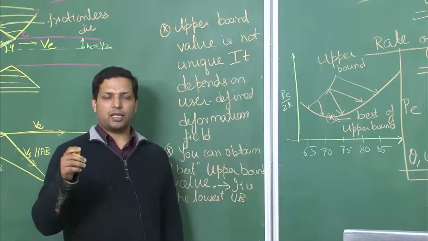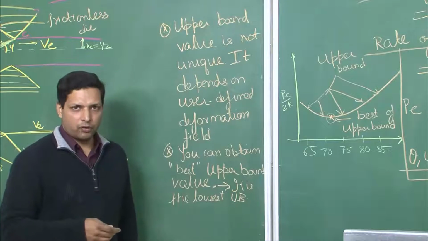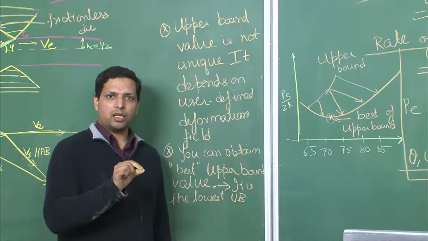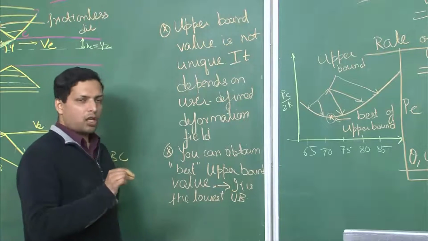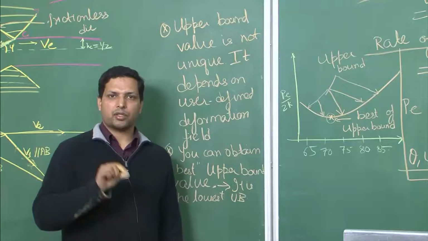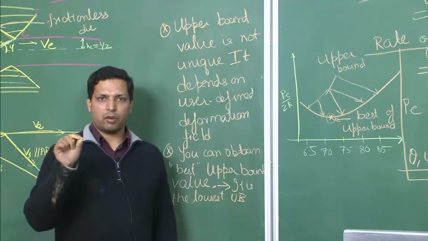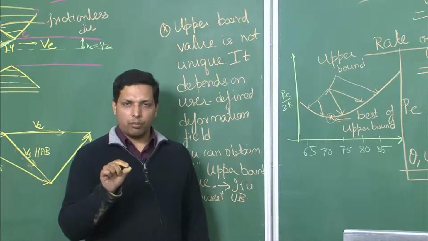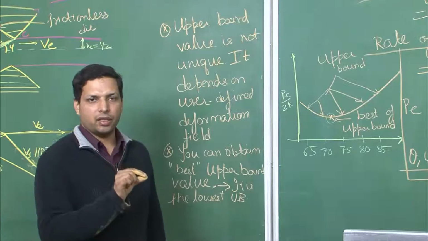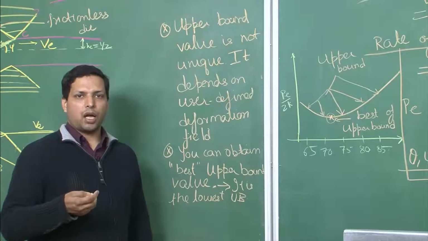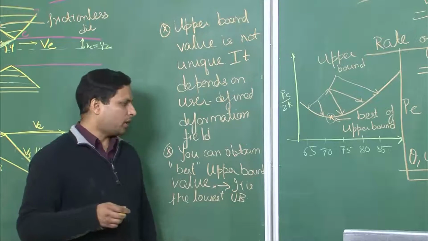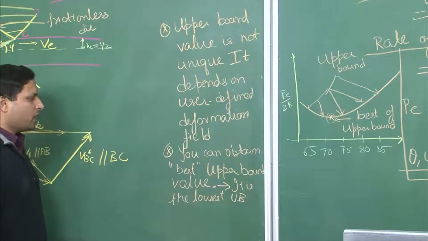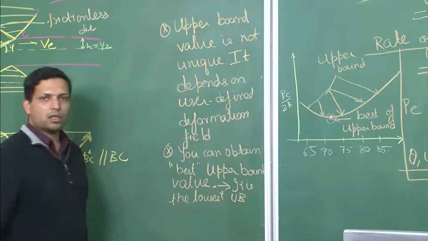because let us say the lower bound from our uniform energy method tells you that your lower bound is 6.5. So, now you know that your actual pressure requirement will be between 6.5 megapascal and 7 megapascal. So, this will give you a small window, and therefore, you will be able to operate within this region. Why would you like to use a much higher pressure than what is required? So, that is what we mean when we say you can obtain the best upper bound value, which is the lowest